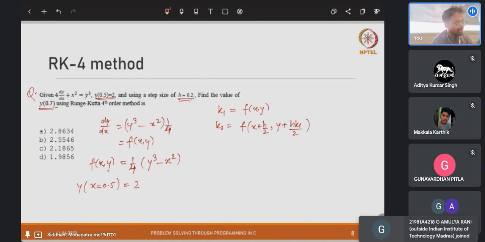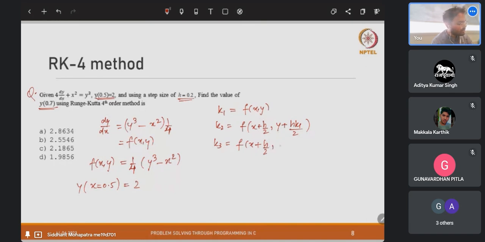If you are at 0.5 and go by a step size of 0.2, you will reach 0.7, which is what we have to calculate here. And k3 is f of x plus h by 2 comma y plus h k2 by 2, and k4 is f of x plus h and y plus